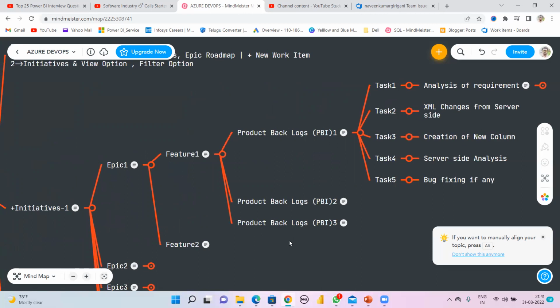What is your task? What is your product backlog? What is the feature? What is the epic? What is the backlog? What are the blockers? Sometimes you use the blocker. While working, is there any blocker? Okay, yeah, I've been facing one blocker. That is, I don't have the data in the table. How can we find it to get the development done? So that is the type of blockers.